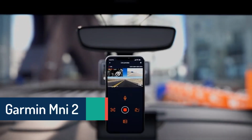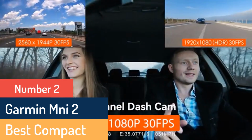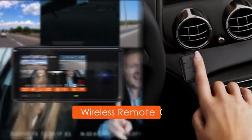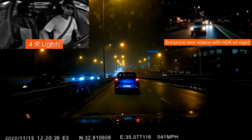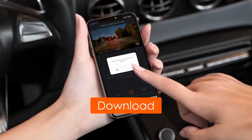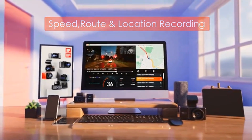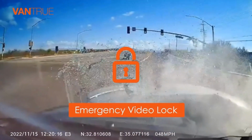Number 2. Garmin Mini 2. Best compact. The Garmin Mini 2 is an excellent choice for someone looking to keep their dash cam discreet and out of the way. It's compact enough to tuck behind your rear view mirror, if so desired. The app functionality is quite nice as well, and the 1080p matched up well against the competition, despite its diminutive